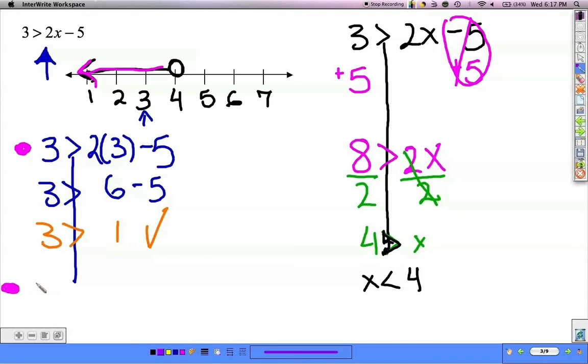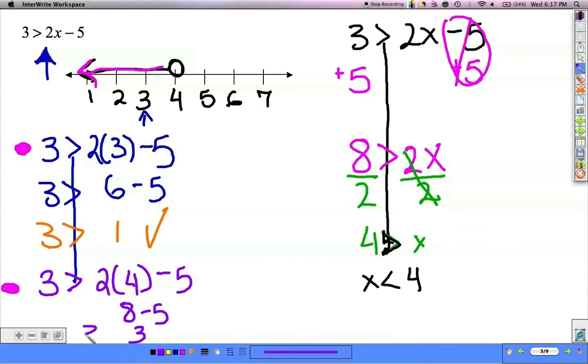All right, so let's say 4, and again we're checking it in our original inequality. So 3 is greater than 2 times 4 minus 5. 2 times 4 is 8 minus 5. That's going to give us 3. Is 3 greater than 3? Nope. So this number is not a solution to this inequality. So we'd have to reject this one. And something similar would happen if we checked numbers like 5, 6, and 7. Let's take a look